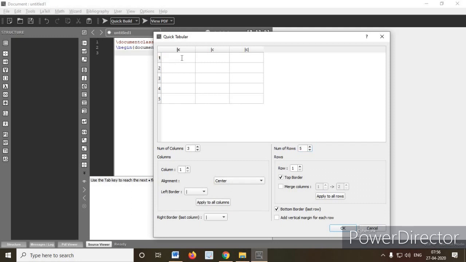Now I can enter the column names here: serial number, name, course. Serial number 1, 2, 3, 4. Name, Aditya. IT.